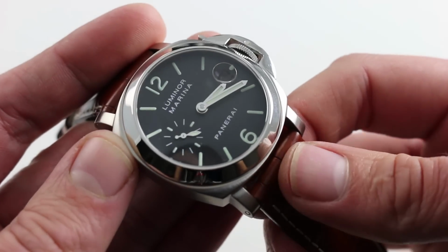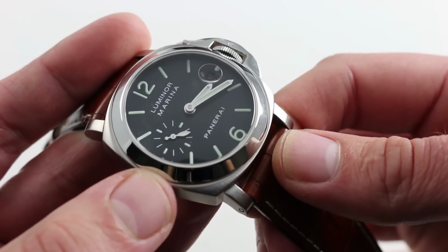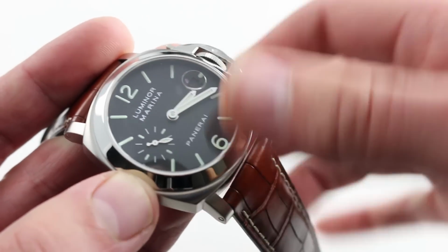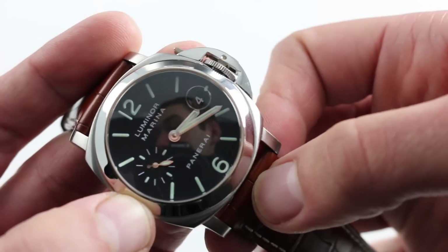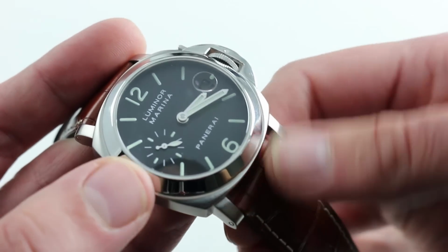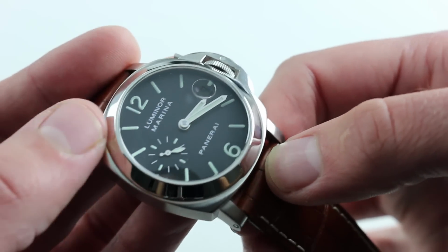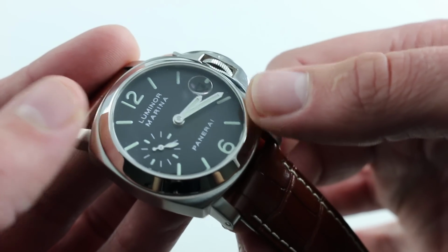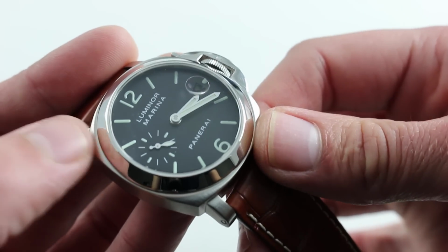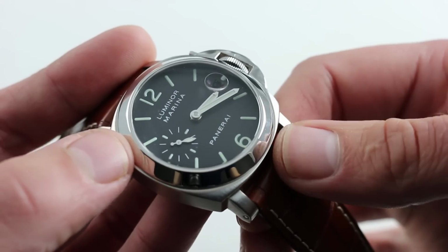Now the dial is classical modern era Luminor Marina, a nice counterbalance of sub-seconds at 9 o'clock with a date with an internal magnifier, not Rolex style Cyclops, but an internal magnifier at 3 o'clock. You'll also note a nice monotone date disc, so it's black and it blends nicely with the sausage style dial. What I mean by sausage is that the luminescent element, the indices, the Arabic numerals, it's actually raised above the dial. While the sandwich is considered to be a little bit more traditional, the fact is the sausage is actually